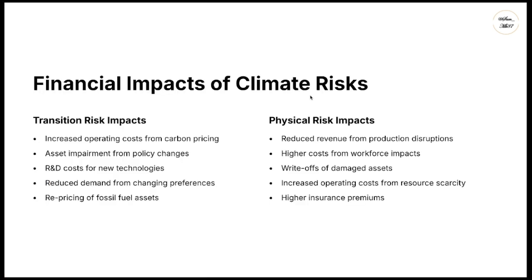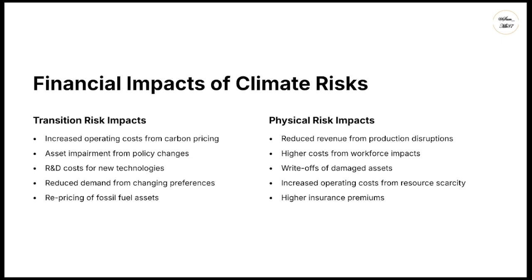One thing is that you need to consider that the climate risks don't just affect the environment, they can also have real financial consequences for businesses. This impact can come from both transition risk and also physical risk. Transition risk impacts include things like increased operational costs due to carbon pricing or compliance with new regulation, asset impairment, where changing policy or market conditions reduce the value of certain assets like fossil fuel infrastructure,